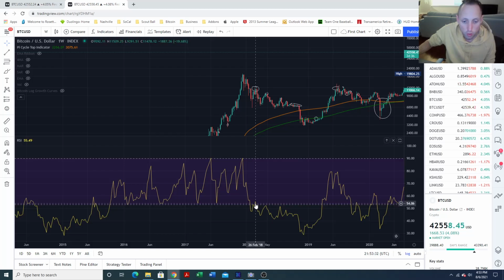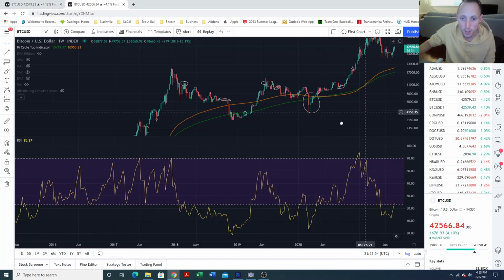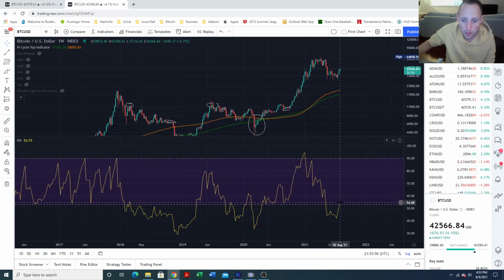It came up, it tried to get through here, it couldn't. Hit its head, couldn't. Could not get back up to it. Starts to work back up, got over, lost it, heavy downtrend. Finally got back up, use it as support, use it as support, shoot on through, and this is where we are today.